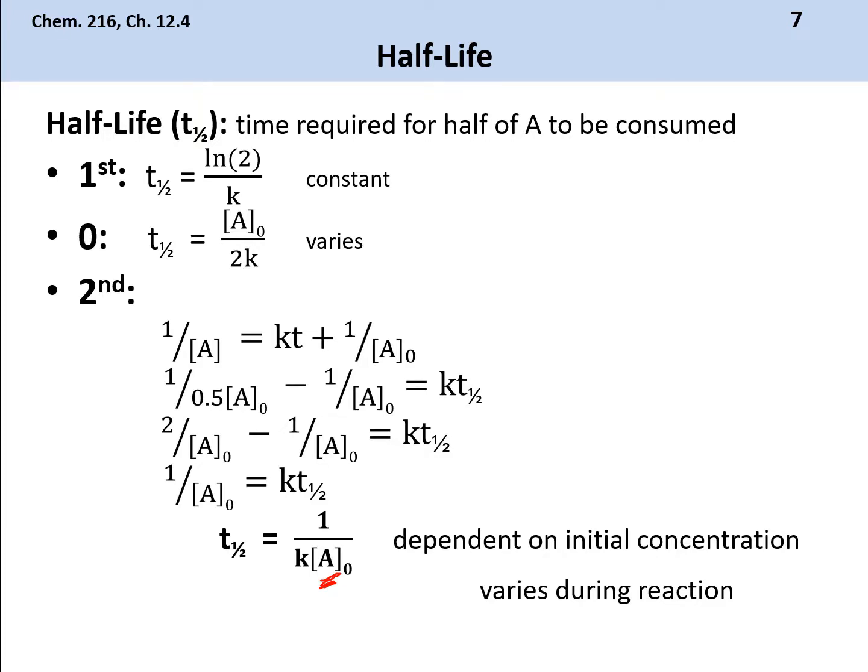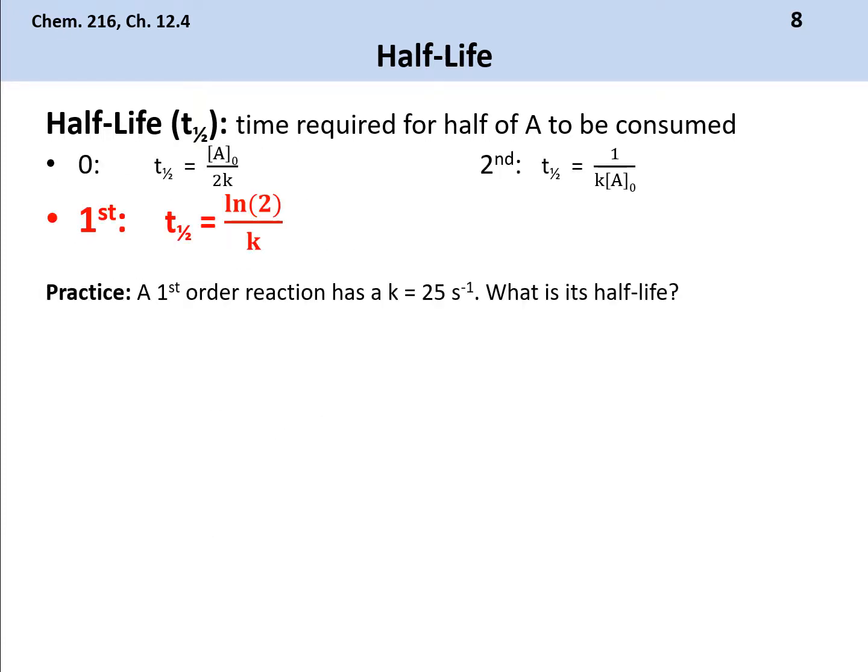Okay, so now let's go ahead and do a problem. Notice how on top here I have all 3 of those: 0, first, and second order. We're only going to use the first order because the other ones vary with concentration, and that's the more important one. So let's say we have a first order reaction